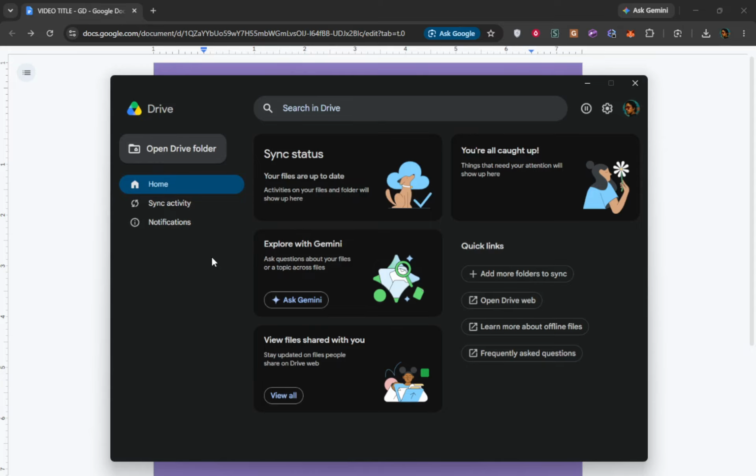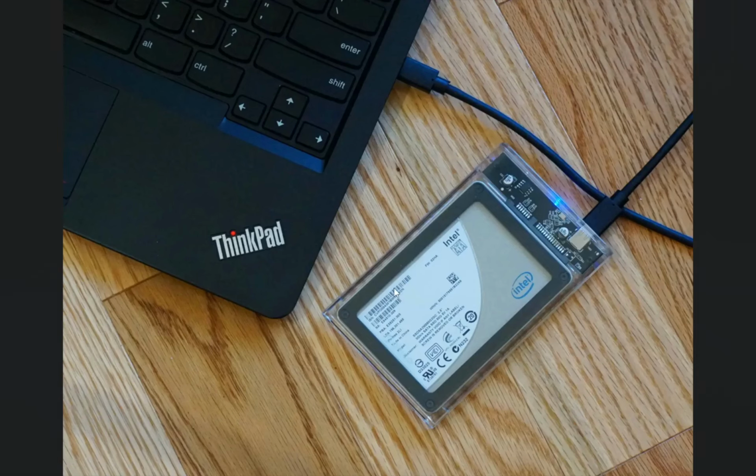Make sure the same drive with your existing folder is attached and visible in your File Explorer. If the system remapped the drive letter since last time, note the new one so you choose the right folder. Open Google Drive for desktop. Click its icon near the clock to bring up the main panel.